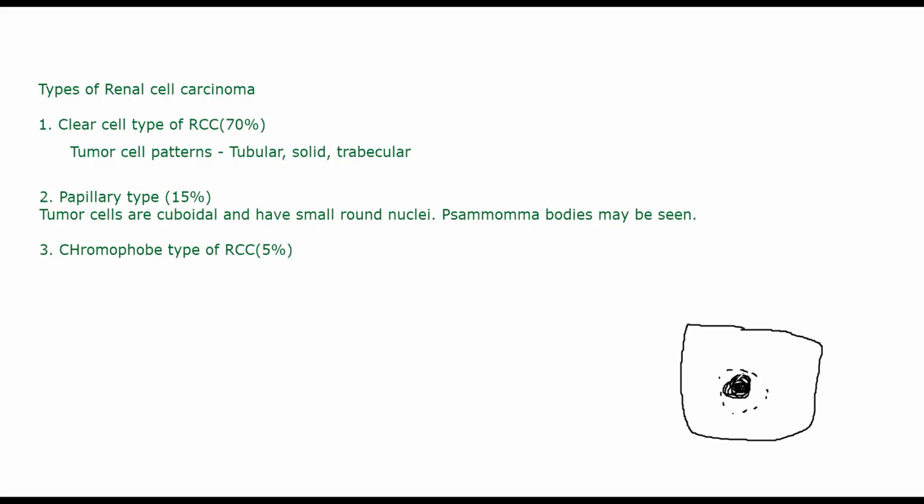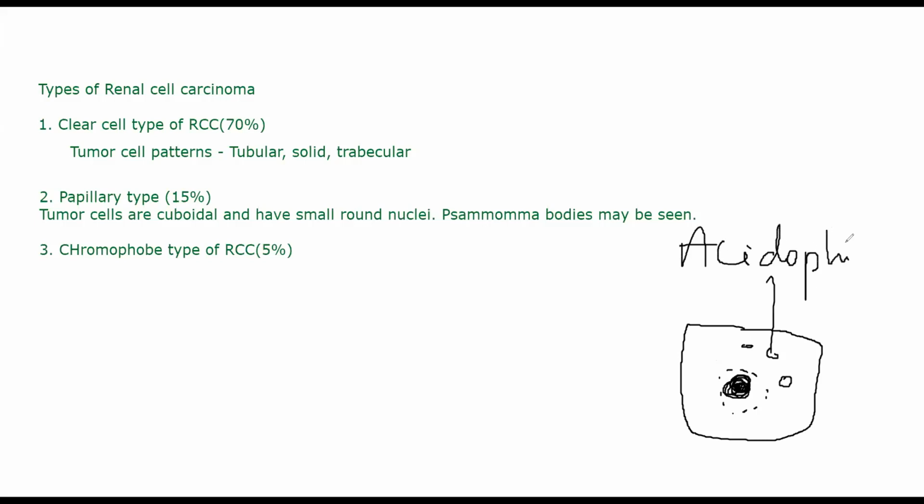So these chromophobe type of renal cell tumors will be a mixture of these pale clear cells. Pale clear cells meaning they do not have glycogen and lipids in their cytoplasm. That is why they are pale and clear. But the area near their nucleus, there will be a halo. And this halo is specifically made up of acidic granules, acidophilic granules. So in the cytoplasm you'll also be able to see acidophilic granules.